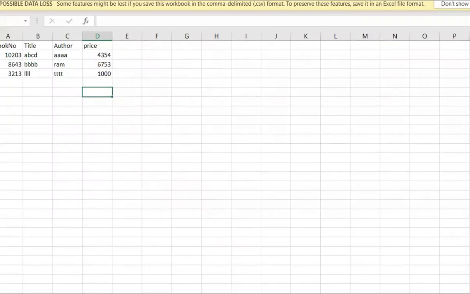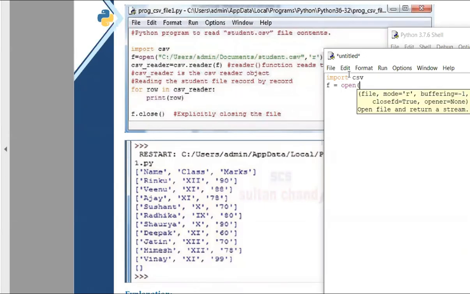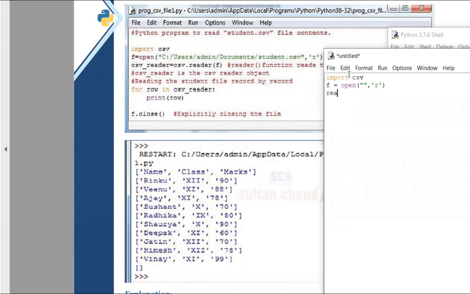Let us write a program to retrieve the content from this Excel sheet. First line is going to be import csv, and then we'll be having the file handle to be opened. Let us give the path here, comma, I'm opening it in the read mode, and then I'll be having a reader object, which is equal to csv, the package from which I'm invoking the function called reader, and f is going to be the file handle.